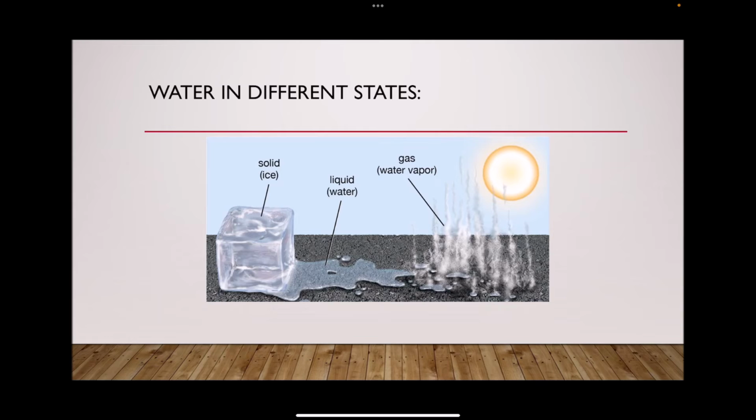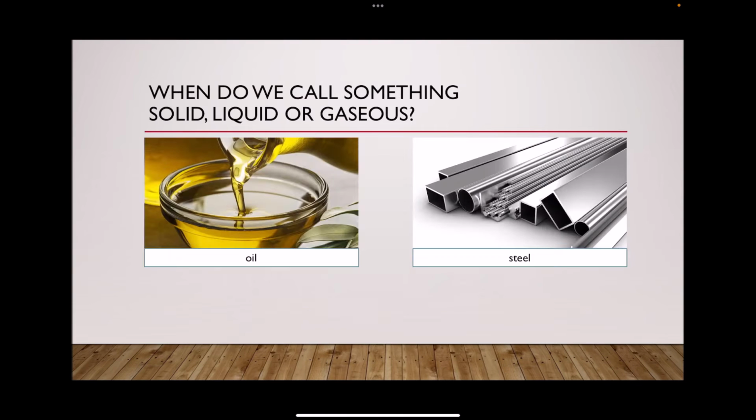What is interesting now to note is that the three different states of matter are not characterized by different particles. There's not something like ice particles, water particles, steam particles. It's all water particles, but what makes the three different states of matter distinctive is the arrangement of particles within a certain state of matter. So we can conclude that the states of matter are not characterized by the type of particle, but by the arrangement of particles and some more things that we will be talking about in the end of this video.